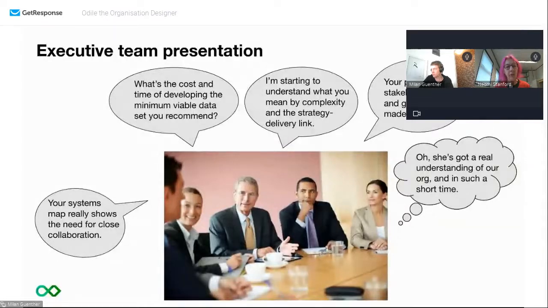So she's shown a systems map, which we'll get to in a minute. She's suggested that to get the sleeper app really working, and the executive team know it's had a few hiccups, they need better data. And she's presenting an idea of how to get better data. She's suggesting that the sleeper app hasn't been effective to date because the environment is very, very complex, and understanding that could be helpful. And she's suggesting another twist on stakeholders, that they tend to think about losses rather than gains.